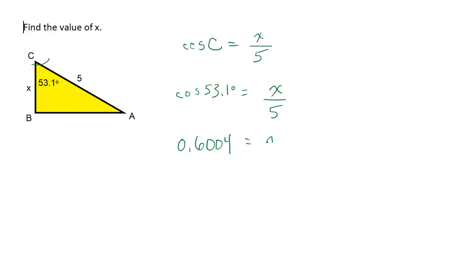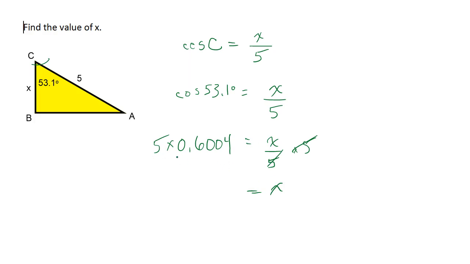And that is equal to x divided by 5. Now we want this x by itself, so we're going to multiply both sides by 5 because the x is being divided by 5, so in order to get rid of the 5, we need to multiply by 5. Multiply both sides by 5, these 5's will cancel out, and we will have 5 times 0.6004 is equal to